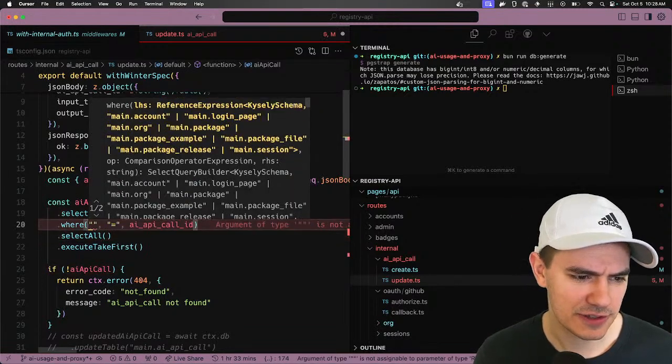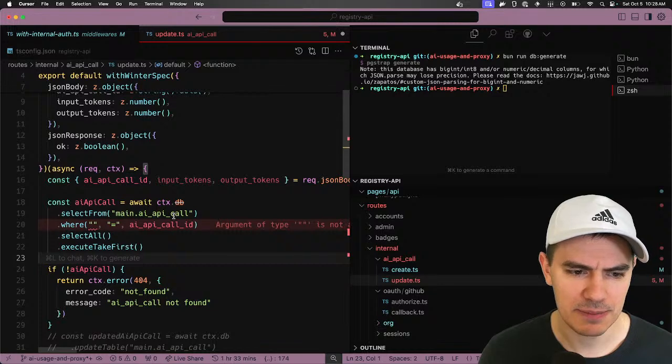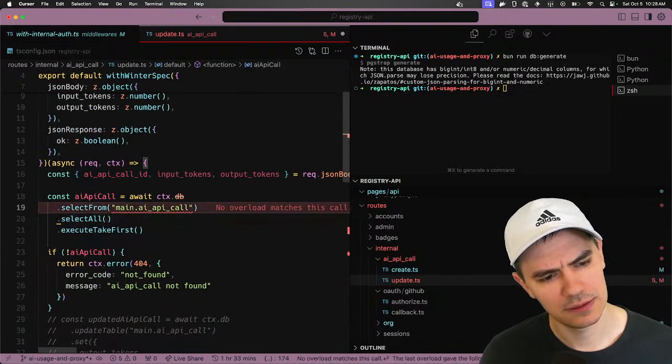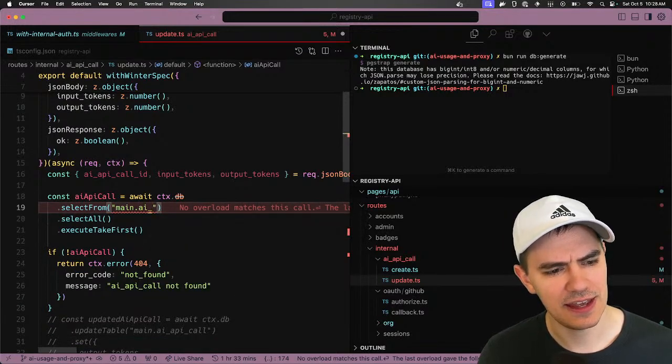I feel like there's some confusion with my database client here. Main API call ID. It's having trouble finding my table.